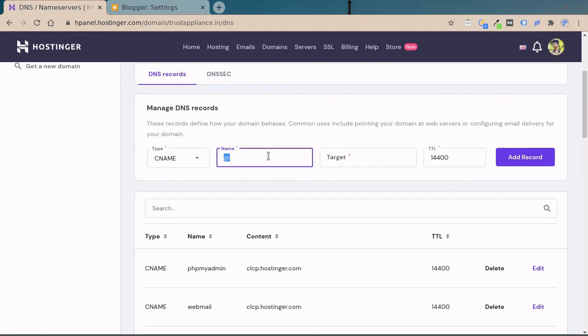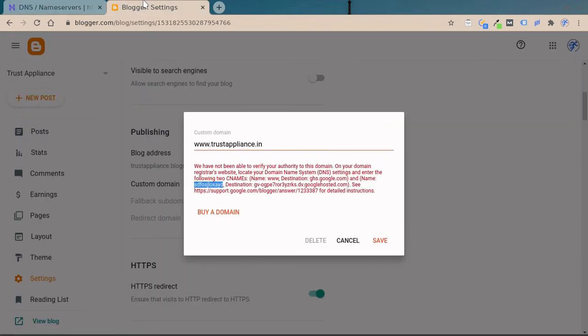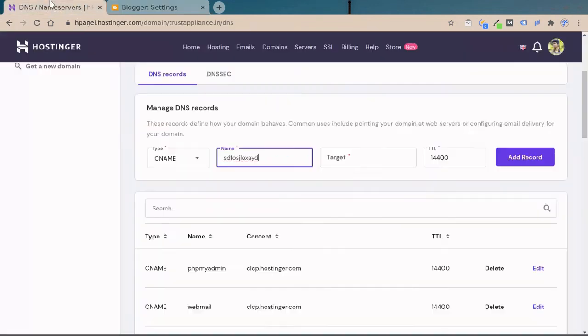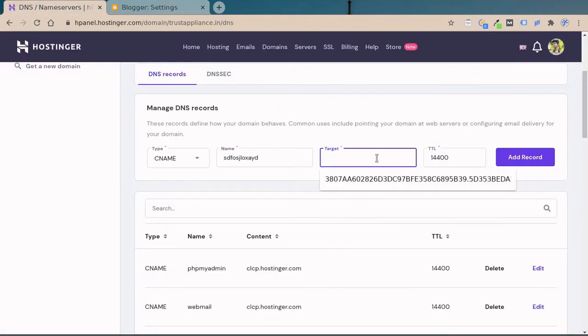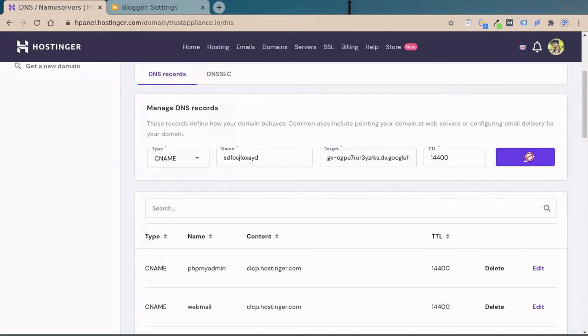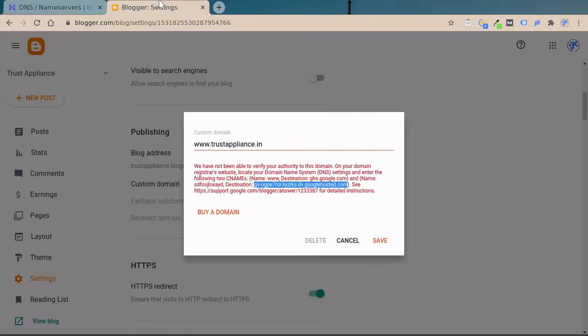Now I'll delete the @ and paste the name I have copied, and the destination should be this one. So I'll just copy that and paste it in the target section. Click add. That's it. Now go back to your Blogger settings and hit save.